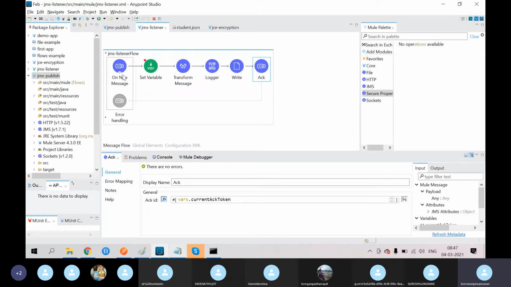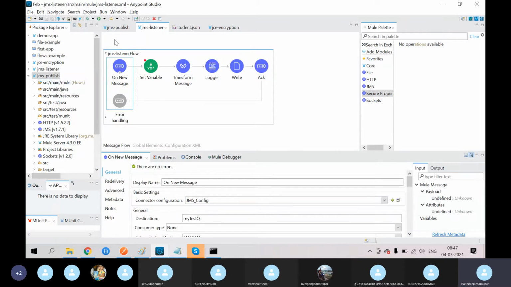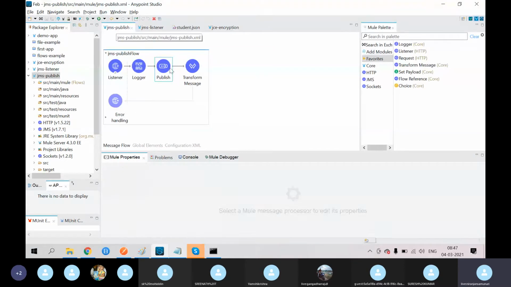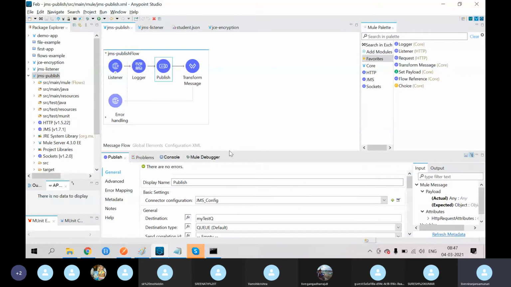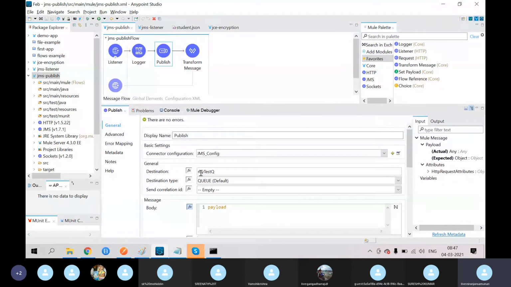That is the concept we are going to cover now. So this is the acknowledgement mode of the JMS. Here I'll show you the JMS configuration. To configure the JMS, first of all I'll show you in the publish. In the publish, you are going to send your message to the queue, right? For that, here you can use the destination queue. Based on this queue name, it will create the queue, and this is the destination type. What is our type? Queue type, right?